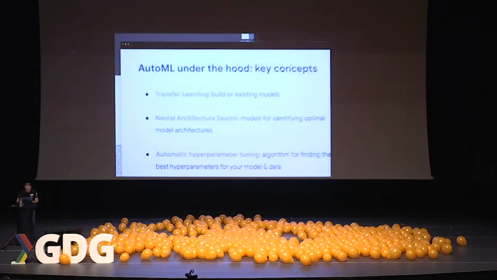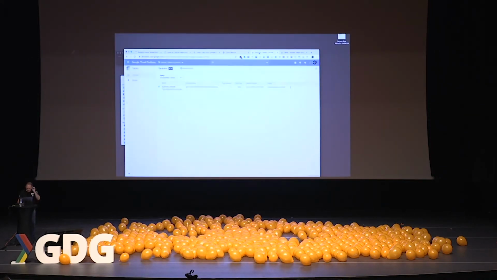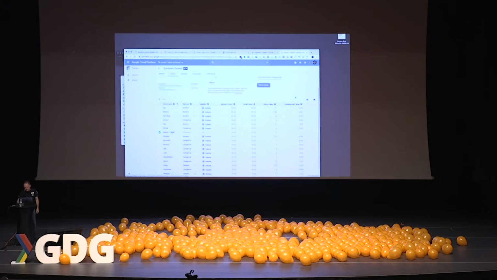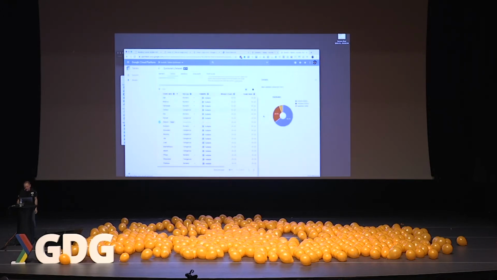So let me just go ahead and drop over here into AutoML Tables. I've already uploaded a data set. If you want to import a data set, you can do that from BigQuery, you can do it from Cloud Storage, or you can upload it right from your computer. Once you do that, you're going to train it. And even before you train it, when you import it, you learn some interesting things about the data. I can click on some of these things, and it shows me information about each one of those fields. So I can learn a lot about the data from scratch.